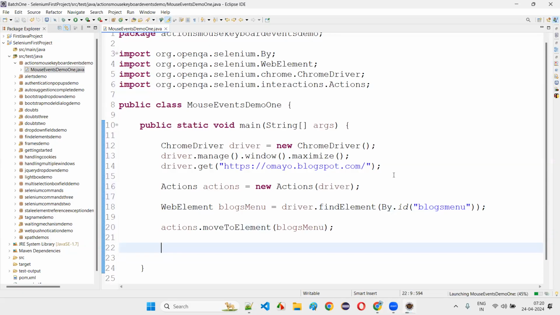I'll tell you what the reason is. Here, the move to element of the blocks menu will not work. There is a reason behind that. Why will the move to element of the blocks menu not work? I've used a proper command only, but still there will be a problem where my mouse will not move onto